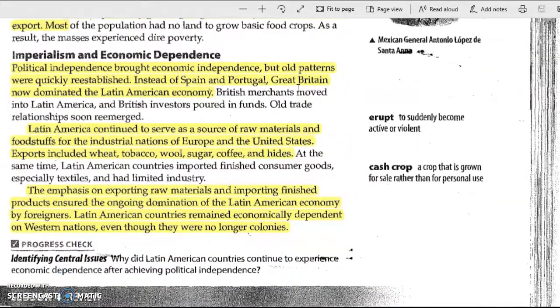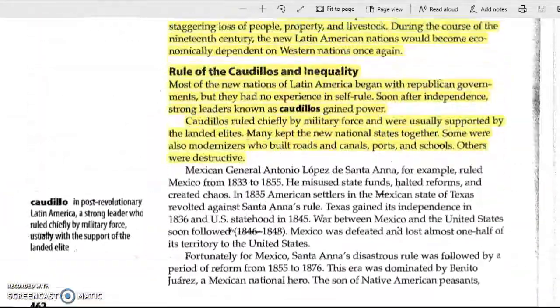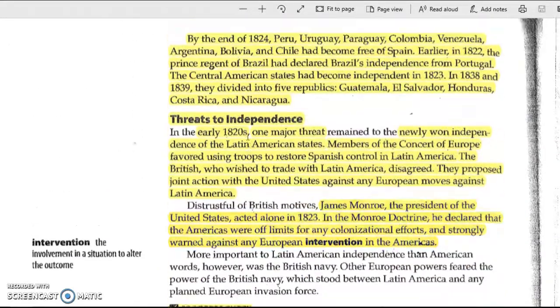At the bottom here, you will also see the idea of imperialism, which we're going to be talking to you about in about a week or so, as well as economic dependence, being dependent economically. And again, even though these areas in Latin America are going to receive their independence, they're still going to be economically dependent on other countries, European countries, such as Great Britain. So we would like for you to think about this information at the end of this handout, Nation Building in Latin America,